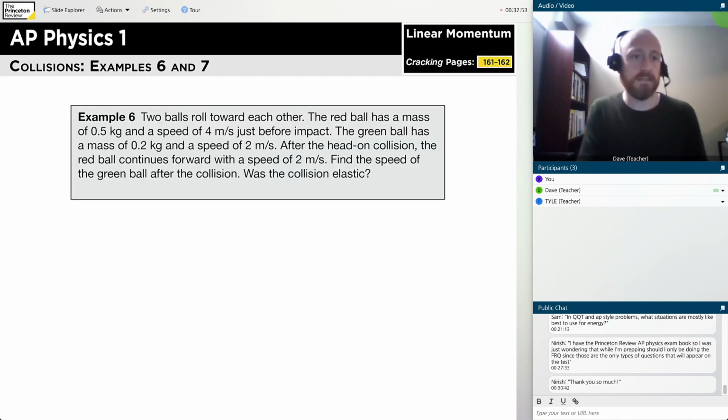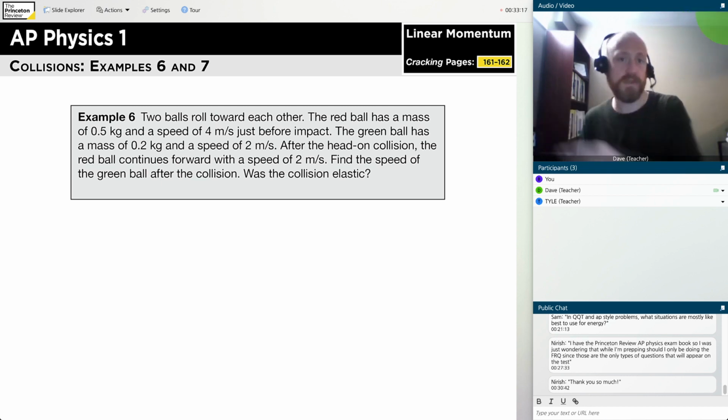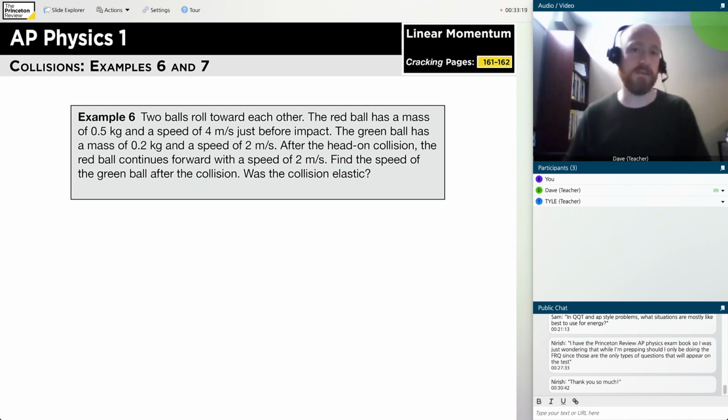That starts here with question 6. That says, two balls roll towards each other. We have a red ball with a mass of 0.5 kilograms and a speed of 4 meters per second just before the impact. The green ball has a mass of 0.2 kilograms and a speed of 2 meters per second. After the head-on collision, the red ball continues forward. So it maintains that same direction of motion, right? But now with 2 meters per second, so it's slowed down a bit. First off, find the speed of the green ball after the collision, and then address the question, was the collision